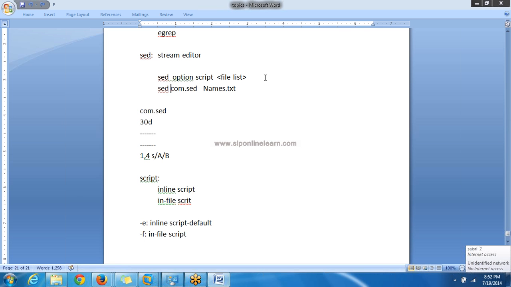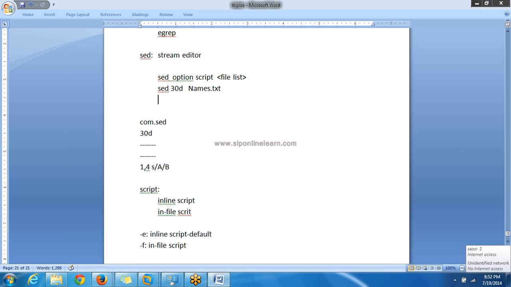Instead of modifying this one, I'll write in a new line. So this is one example, ex1. Here this one is ex2, example 2. sed, and I am saying some file name. So here as per the requirements, my regular expressions are placed in a file. That file name is com.sed. So I am using this file name as the script. In that case use the option -f.